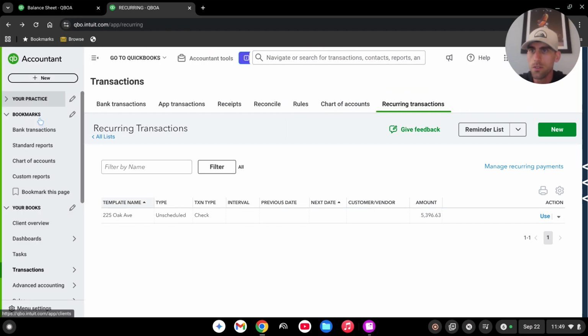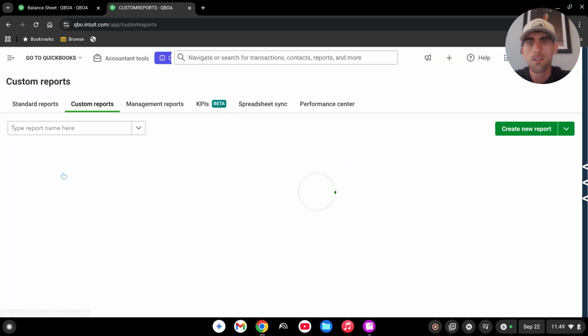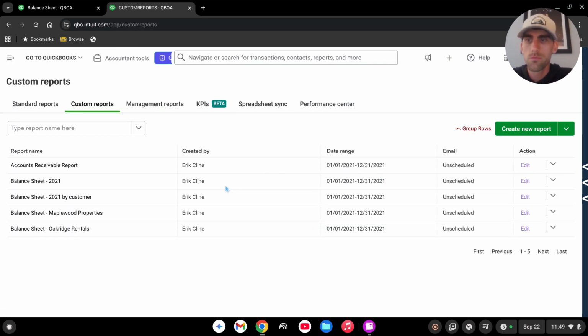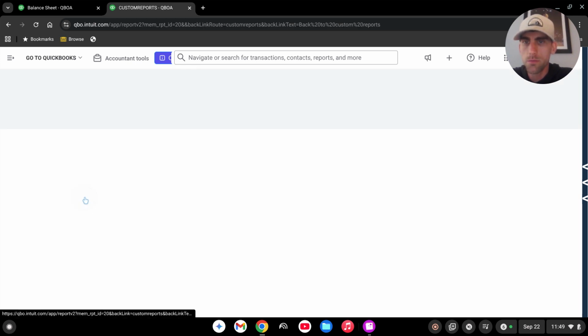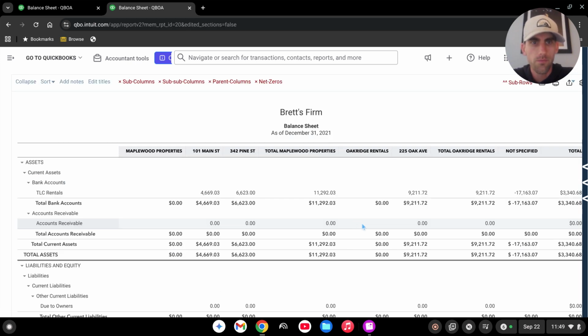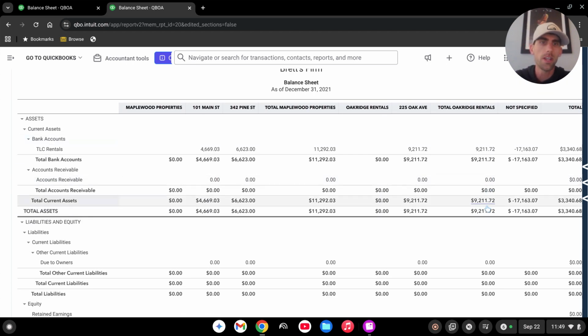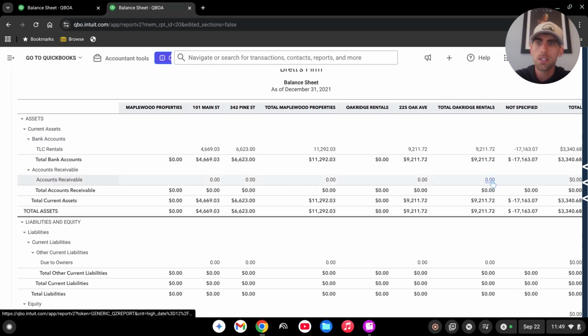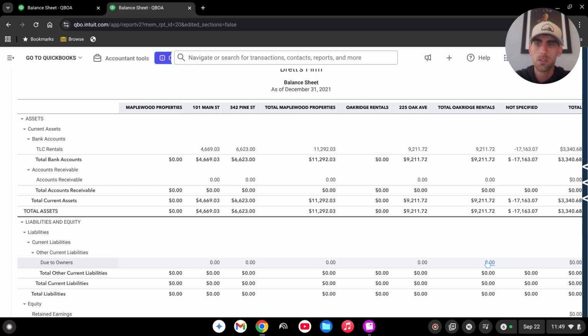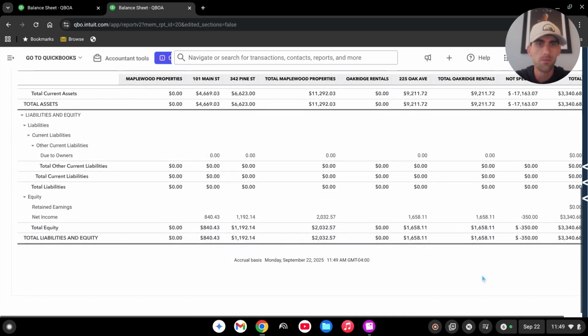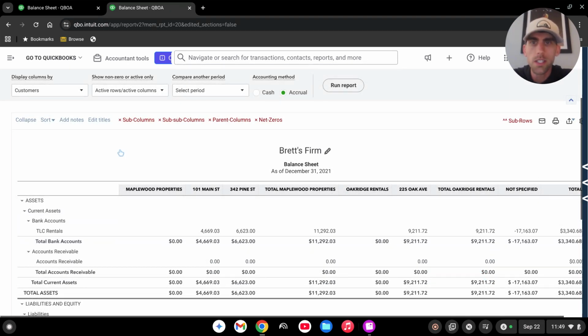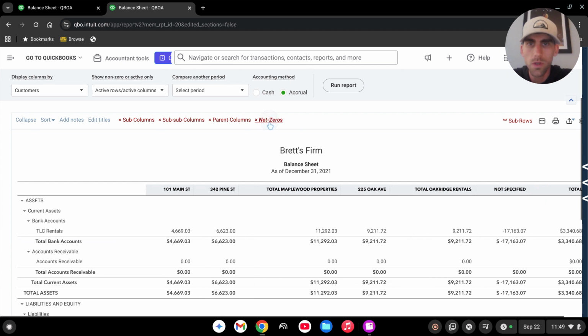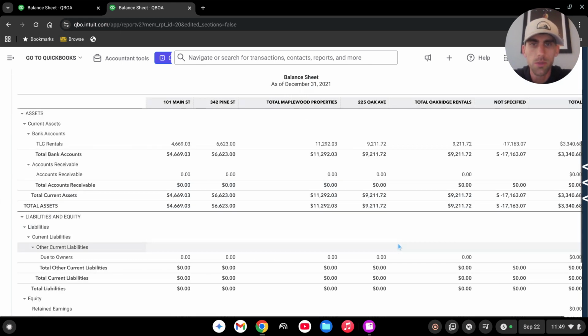Let's go into our reports again, and balance sheet by customer, and there you have it. So accounts receivable is 0, due to owners is 0, and if you have this right tool, you can kind of get rid of some of these, but